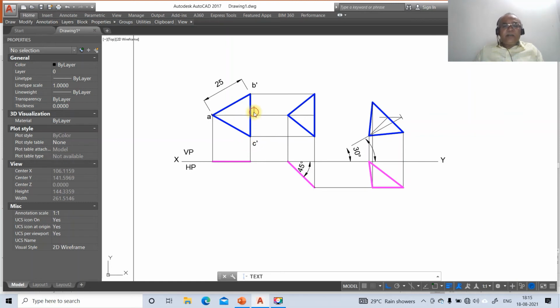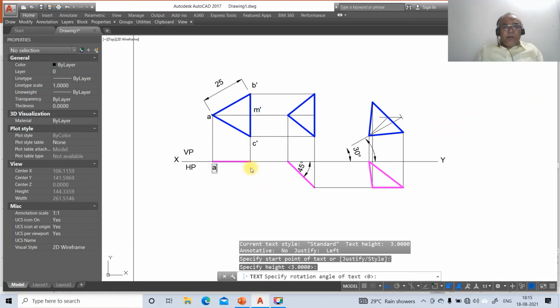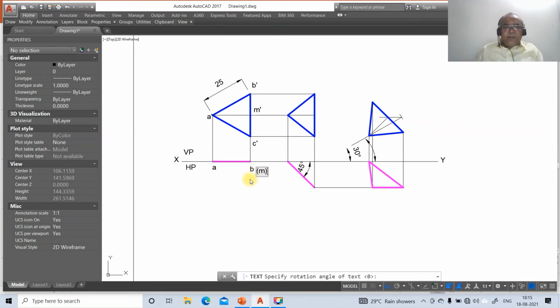And similarly you can see M dash. Then go to dtext and you mark this as A, you mark this as B, you mark this as M in bracket. Similarly C is in bracket.